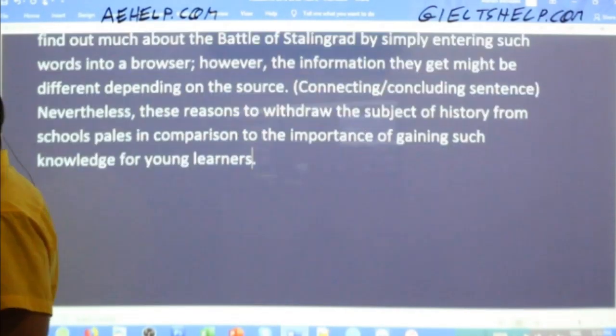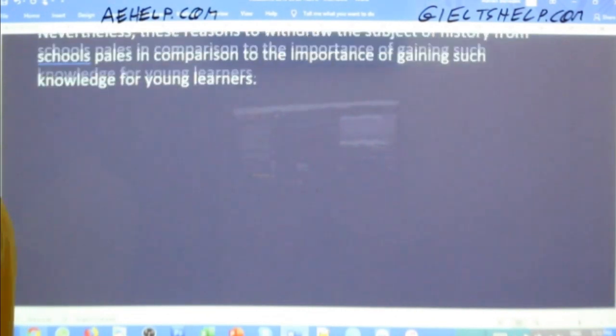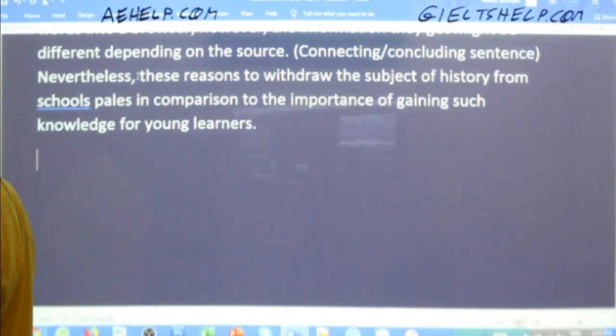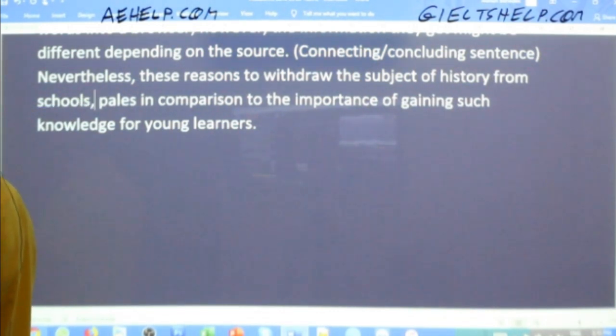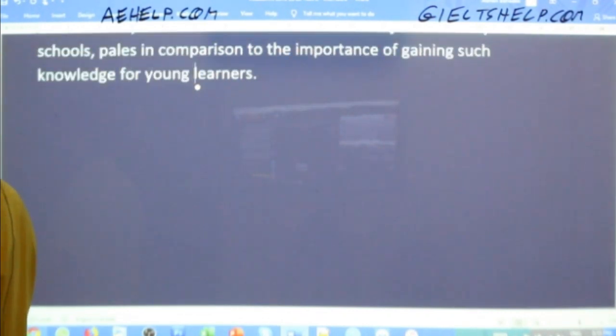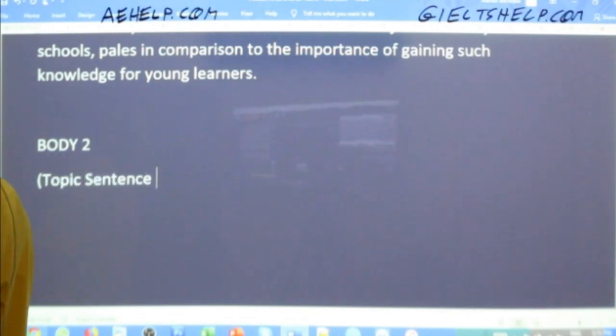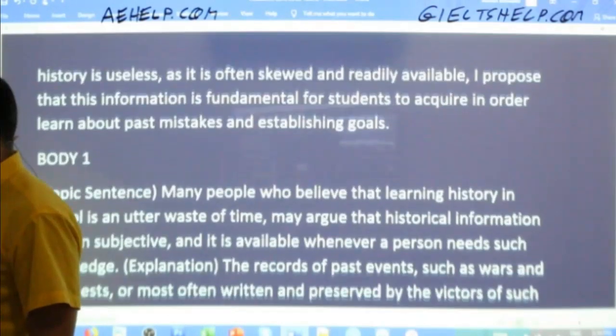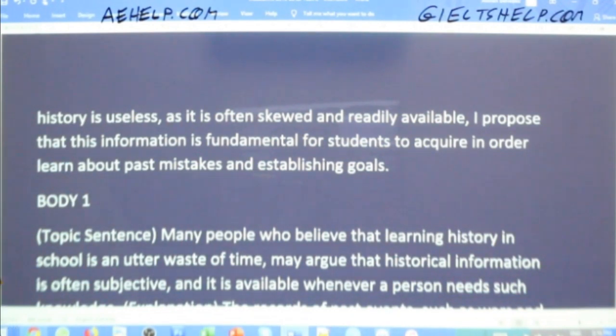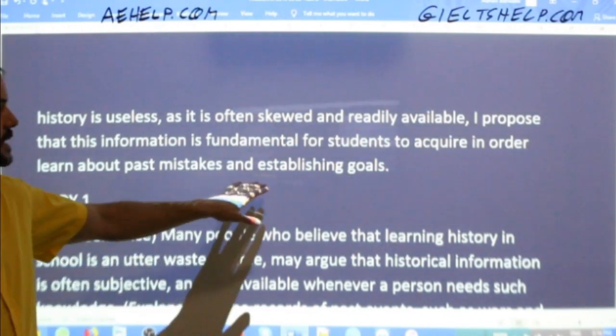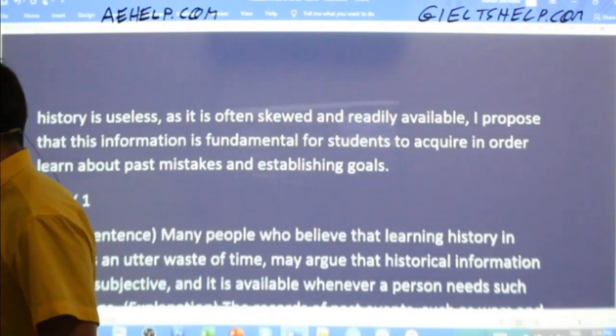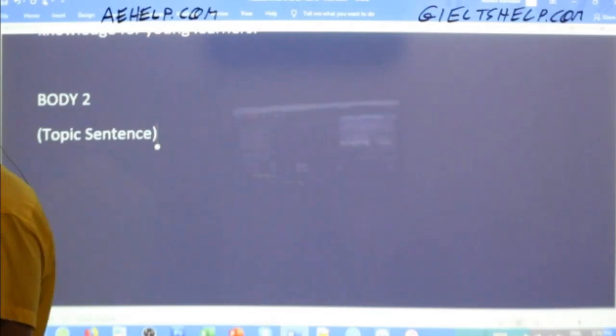second body paragraph now, which is the side that we support. Okay. So body 2, we need, of course, another topic sentence. Now in body 2, our topic sentence has to be a deeper definition or a more clear picture, a broad paraphrase of learning about past mistakes and establishing goals. Okay, so write the topic sentences for that. Okay, I'm going to do the same. So